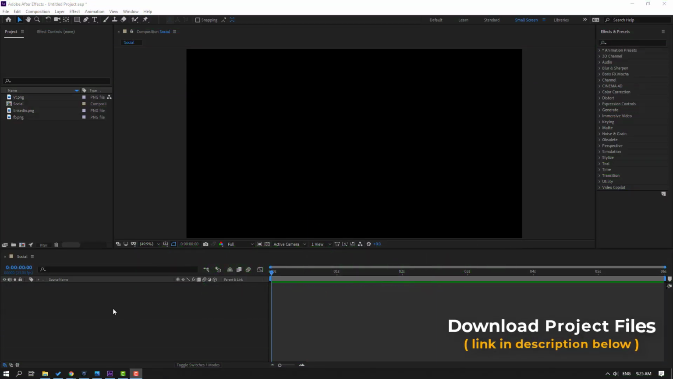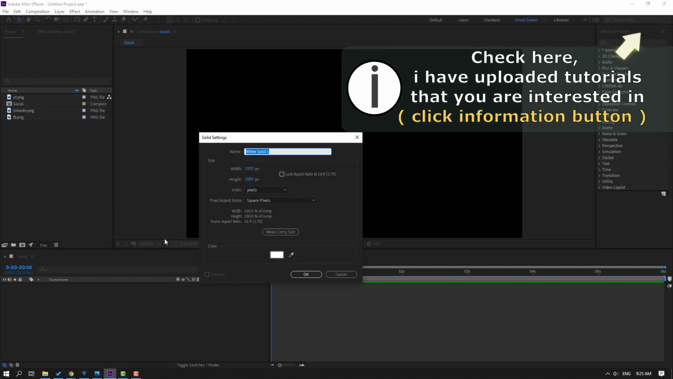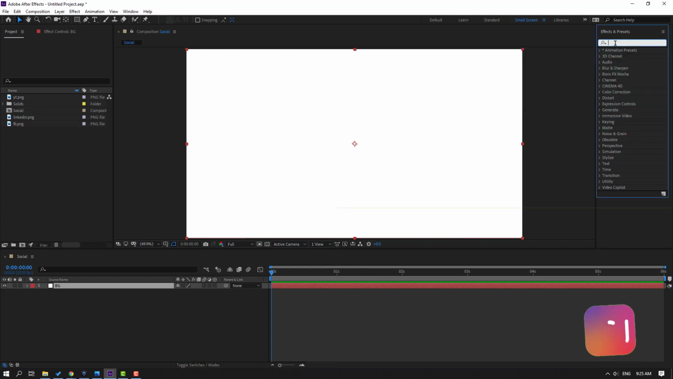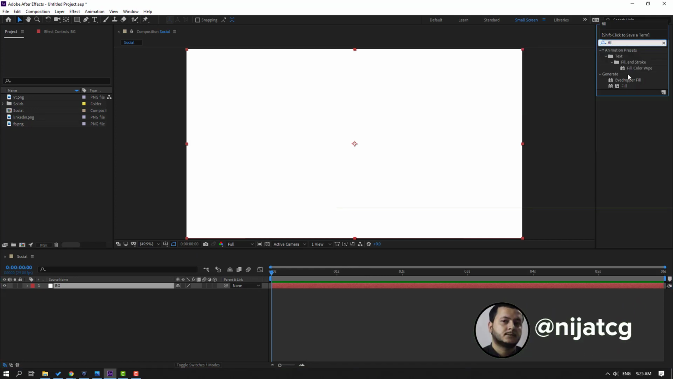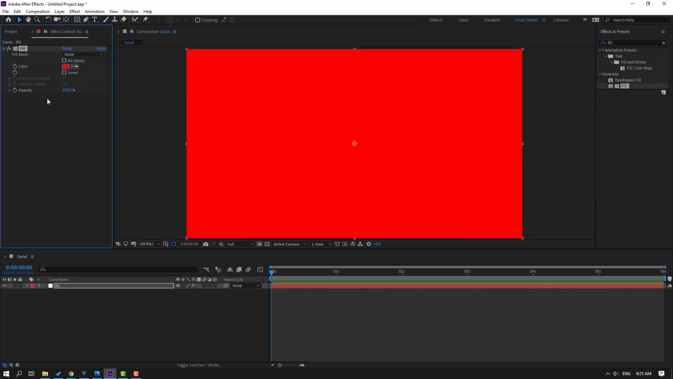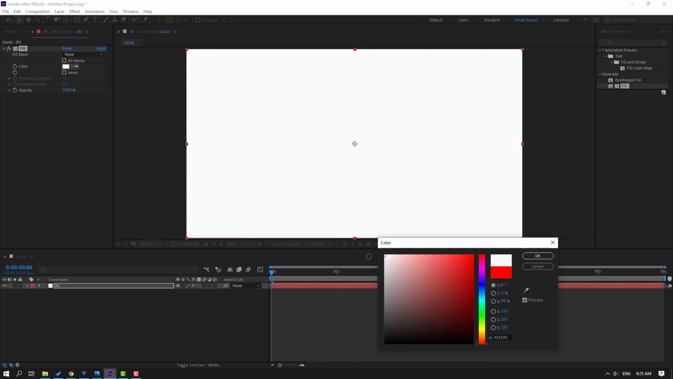First step, let's create a new background. Go to here, right mouse, new and solid. Add name background, click OK, and go to Effects preset, search Effect Fill, and select this fill. Let's use it for all this background. Then click color cube, change color like this,